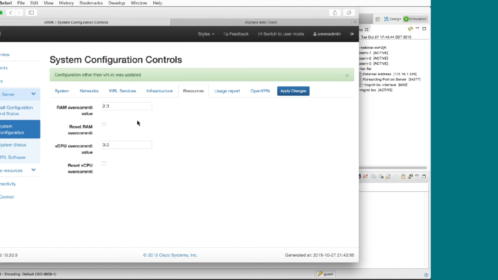Now these values aren't magic. They're not creating any more hardware resources than we already have. So if your simulations are already resource constrained on the memory side, adding a higher overcommit value is not going to make anything perform better. It's going to actually make things worse. But if you're running a simulation that's performing very well, the virtual machines are responsive, things seem to be functioning properly, and you'd like to add 1 more node or 2 more nodes, by tweaking that overcommit value a little bit, you might be able to add those in without losing too much performance.